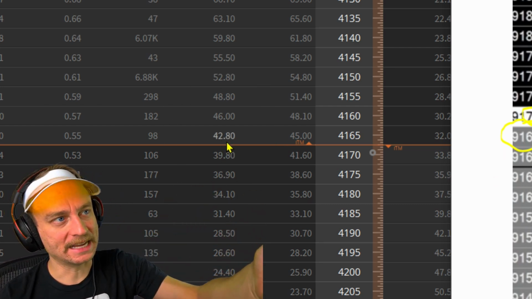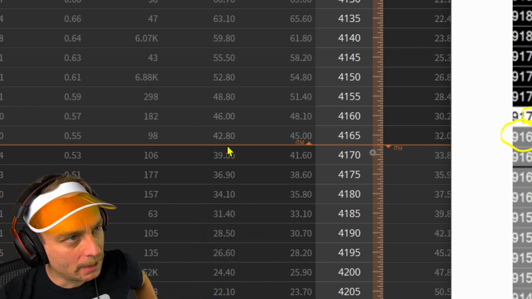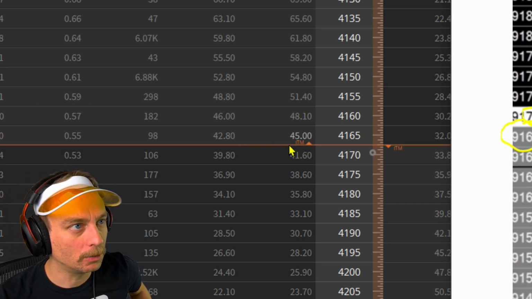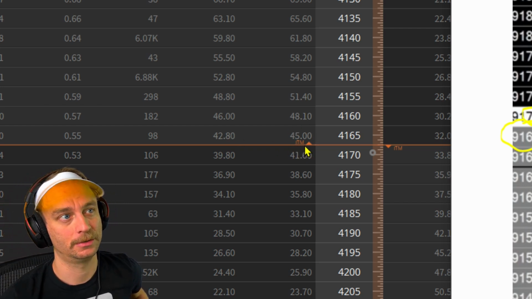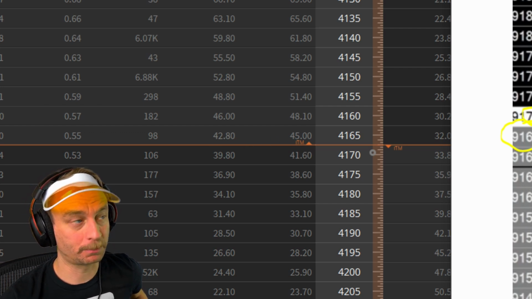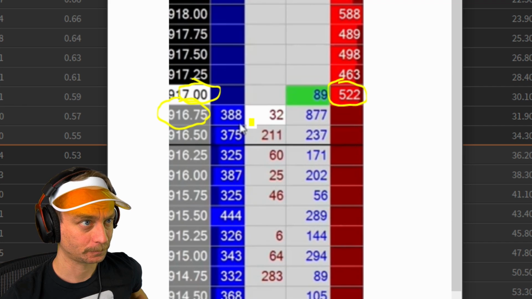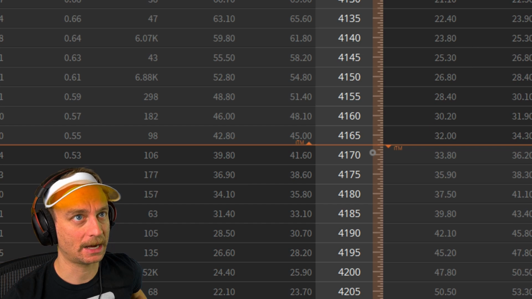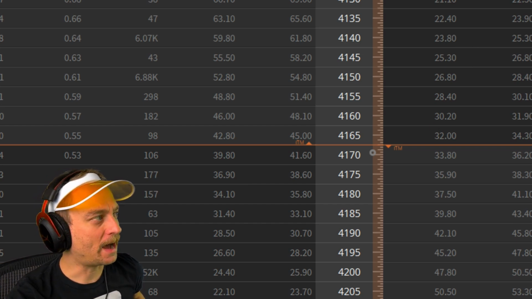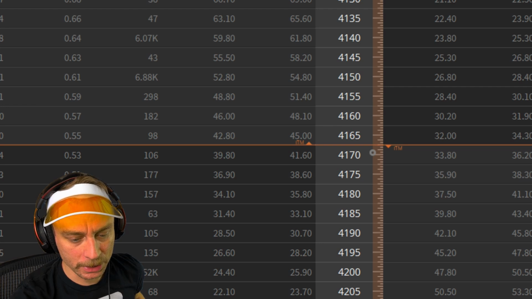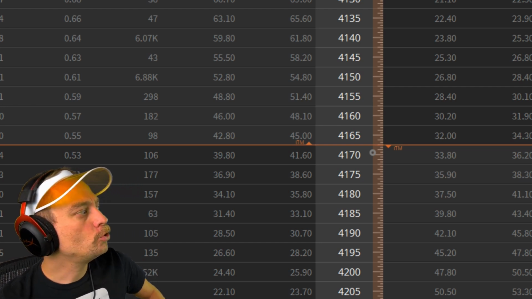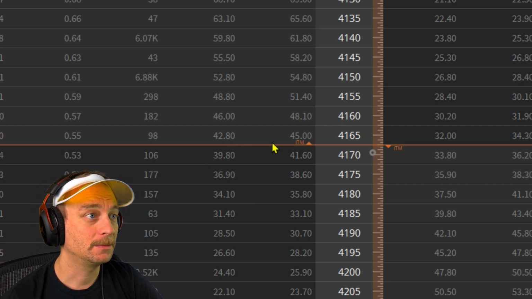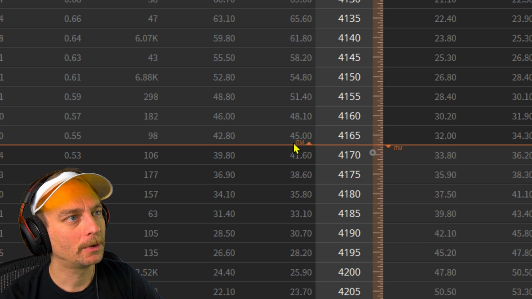So just remove the decimal. That's what you're paying for it. So you're paying $4,280. Or I could use a market order and buy it at $4,500, right? So clearly there's a spread. Whereas if you're looking at a DOM, the bid offer is as tight as possible. So let's take a look at the actual spread here. 45 minus 42.80, that's a $2.20 something spread. So that's a big spread. Again, it might be tighter when the market is open.